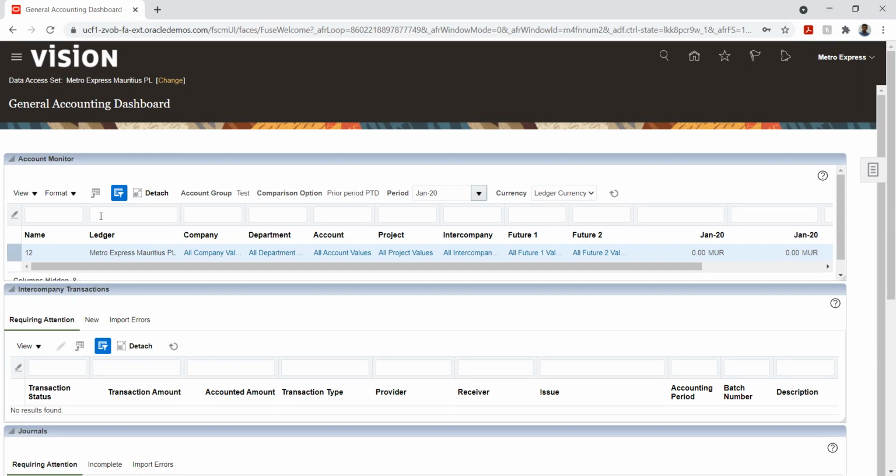Let's say I have 10 different accounts, and out of these, two are my critical accounts, let's say the rent account and the maintenance account. I want to track the actual expenses happening in the business. For this purpose, we have multiple options. One is running the trial balance. If I run the trial balance with PTD, I will have the balances, but that is not real time, and it is also a repetitive job. I will have to do it again and again with the set of parameters.